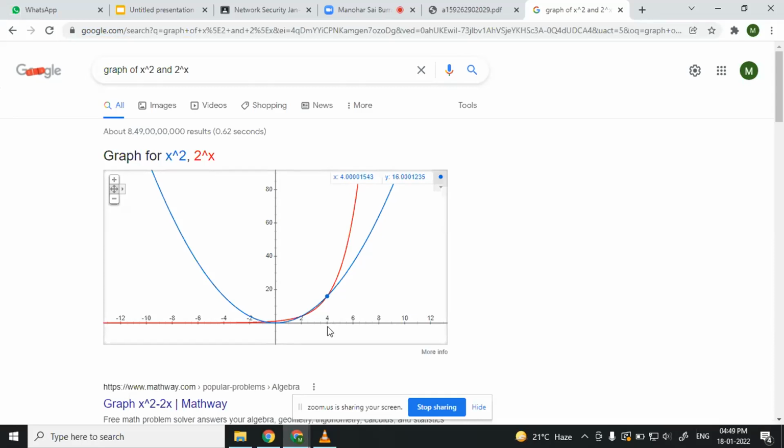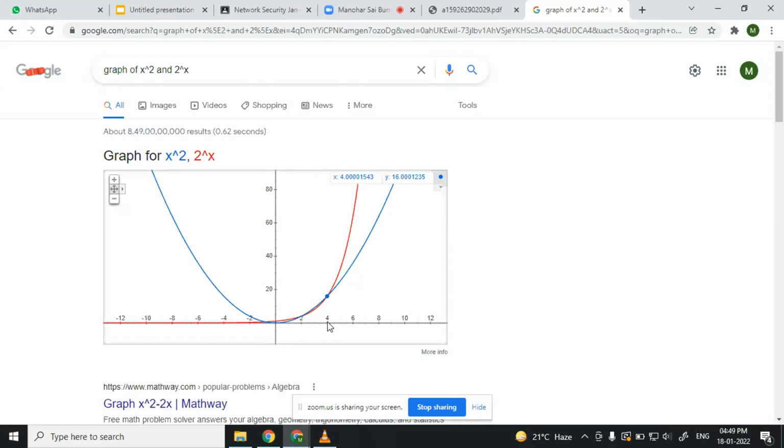ठीक है? तो you are increasing the size of the input, the value of x, definitely execution time is increasing. ठीक है? For both algorithms, for all algorithms, definitely it cannot reduce when you increase the size of the input. But the interesting point is that when x crosses a certain value, here that certain value is 4, but in general we say that x is sufficiently large. When the value of x is sufficiently large,